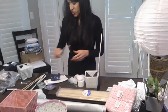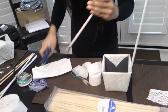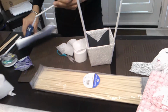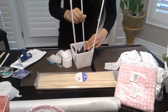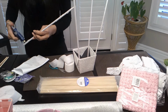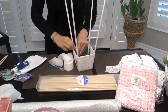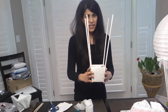So there you go, that's fully secured in there, and we'll continue to do that for the rest of the dowels here. So as I mentioned before, just a bit of hot glue on your dowels. And the amazing thing about a hot glue gun is how secure it makes everything. You know, it's great to work with. It can be a little bit messy, but it's quick and really gets the job done, and you have something that is long lasting. So as you can see, I have my 4 dowels into my base, and now I'm